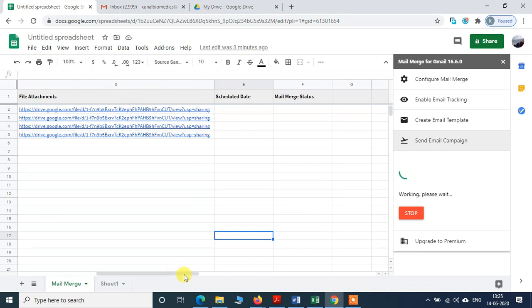So it is working and it is sending the email. It is attaching the file now.